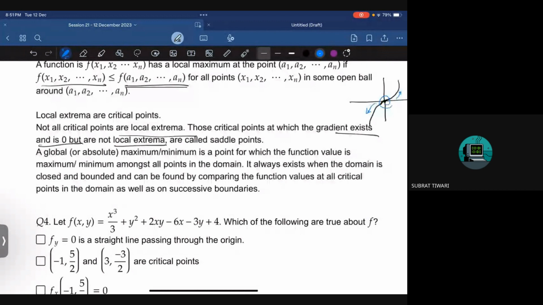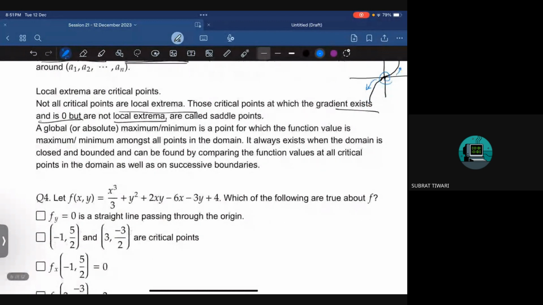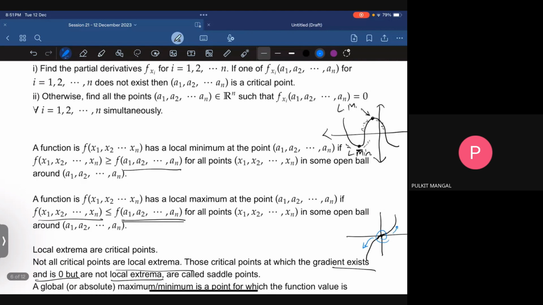Excuse me, sir. Can you please explain the two local minima and the local maxima points? I missed it. Yes, these two points. Any point, okay, if you are claiming that my point a1, a2 till an is